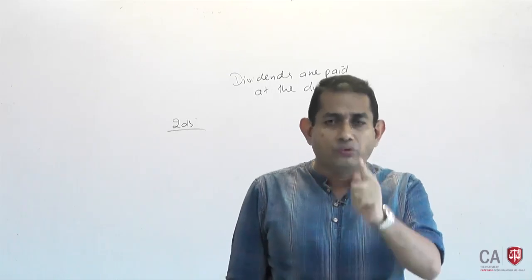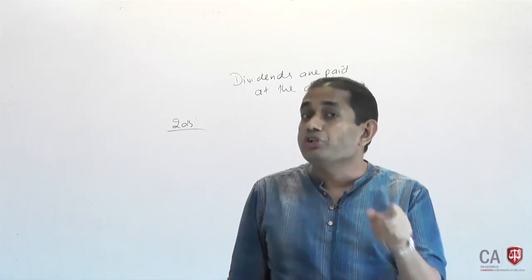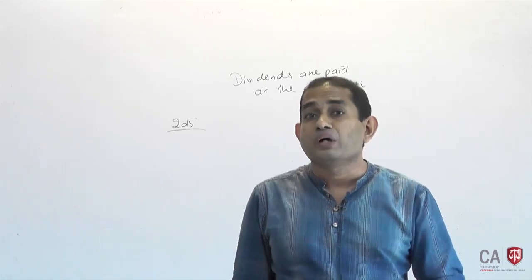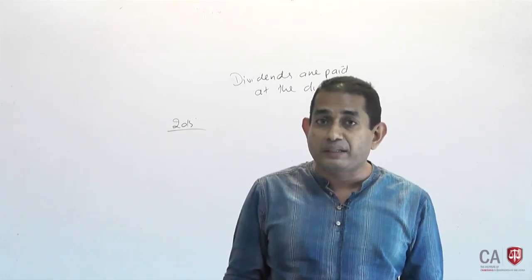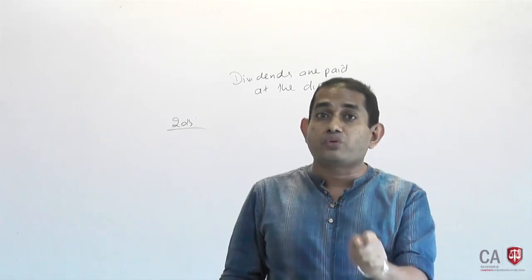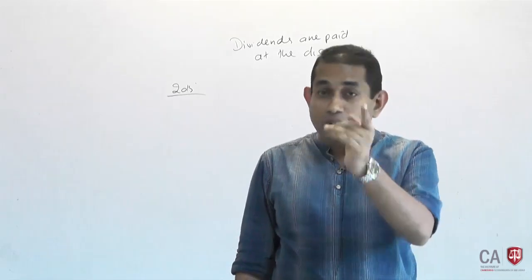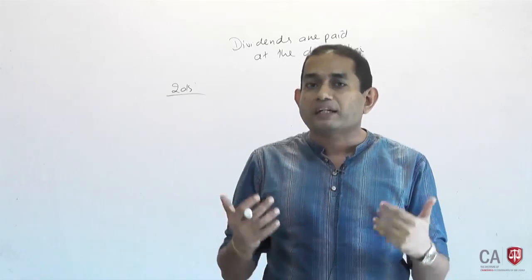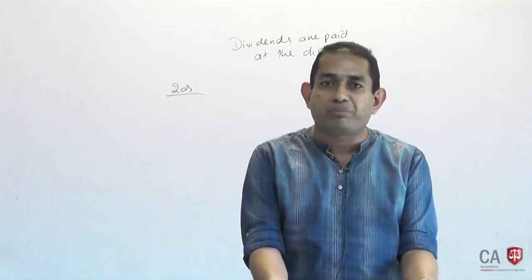Now, if you were a shareholder, just imagine how you would require the company to pay dividends to you. Would you prefer to collect dividends once in 5 years, once in 10 years, once in 20 years, or once in a lifetime, or would you prefer to collect dividends every second and every minute? As a shareholder, you would invariably prefer to collect dividends every single minute, which is not the practice of a company paying dividends.